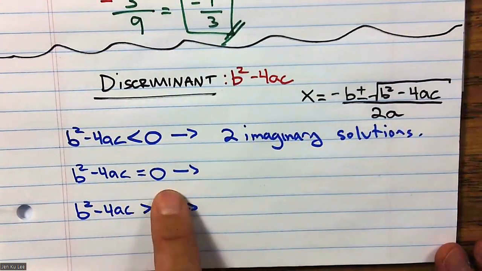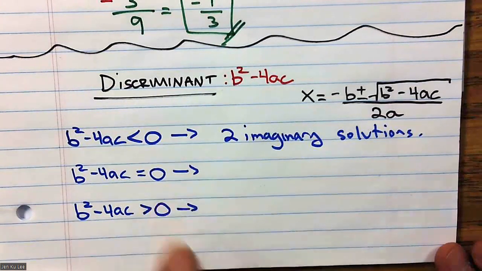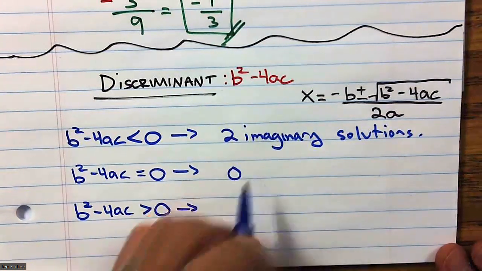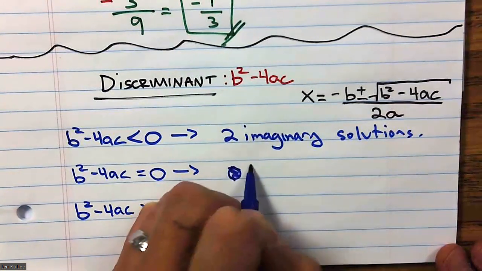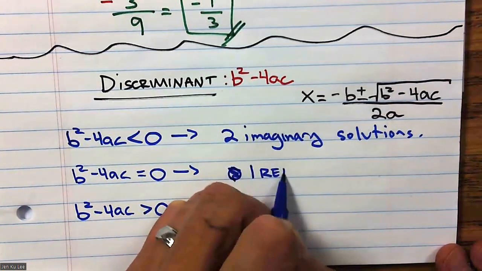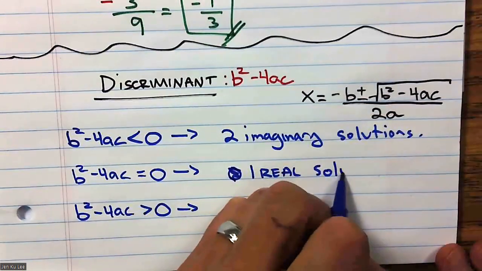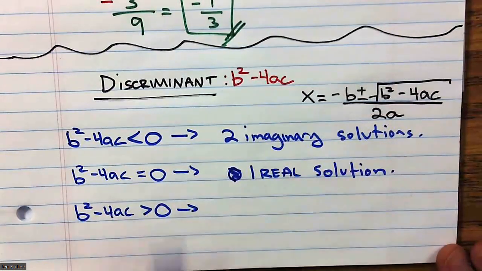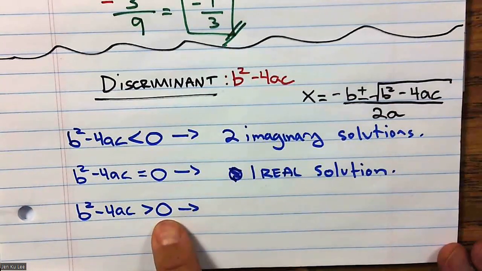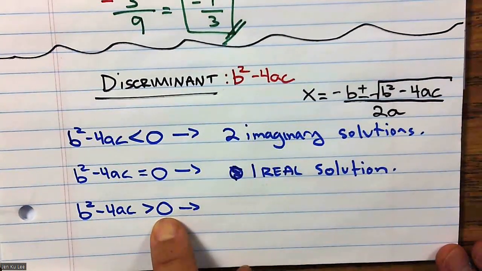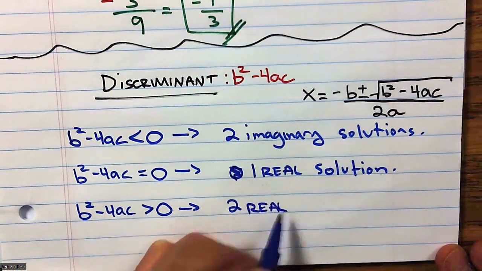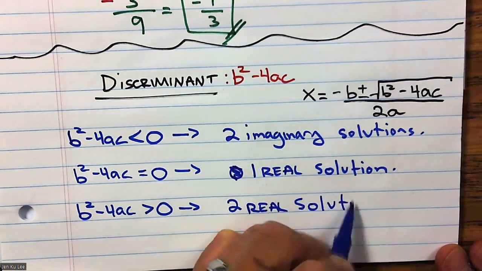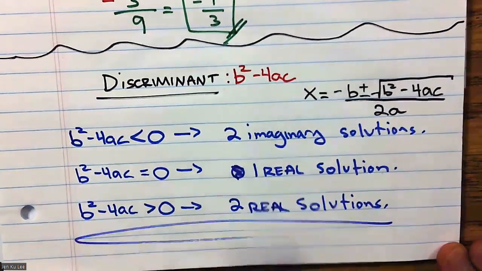If b squared minus 4ac equals 0, I would have 0. Hold on, guys. Or I would have 1 real solution. And if b squared minus 4ac is greater than 0, I would have 2 real solutions. Okay,